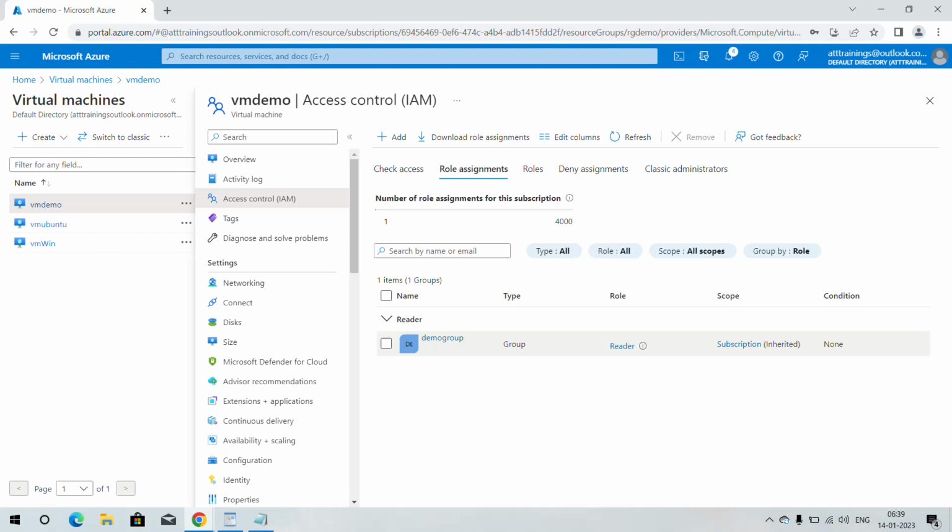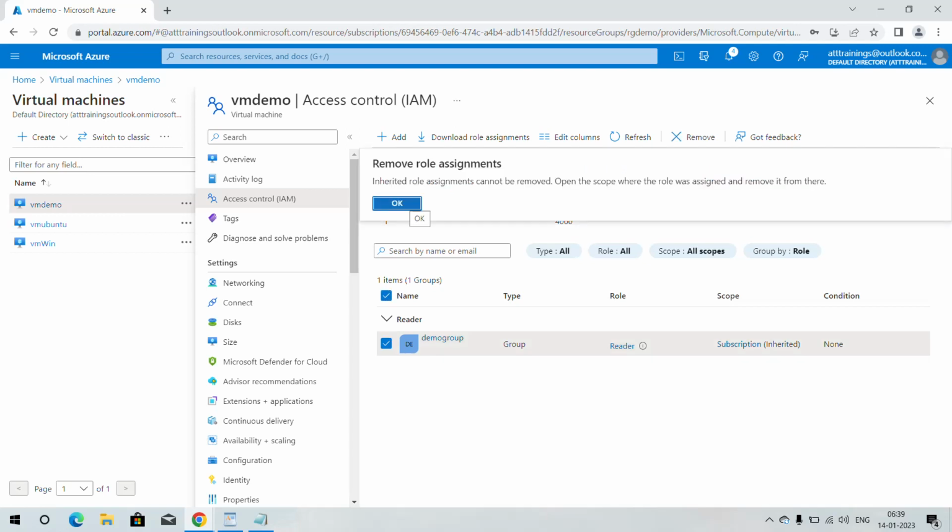If I want to delete this role from here, I will not be able to do this because it was assigned at the higher level, which is subscription. Let me try this. It is saying inherited role assignments cannot be removed. Let me click on OK.